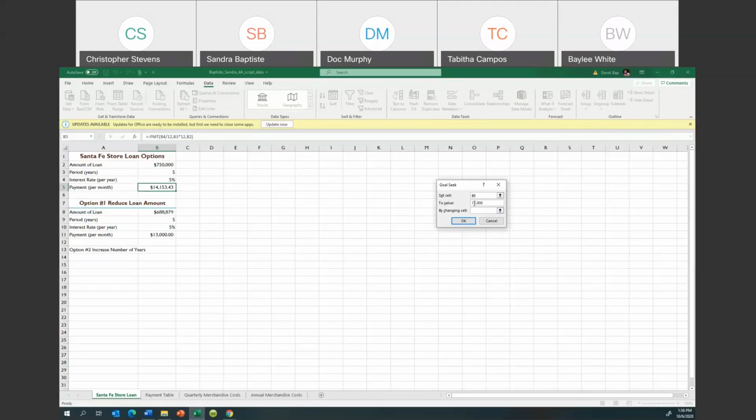And then by changing cell, we're going to click on B3, or you can type B3, however you want to do it, because we're going to be changing the number of years this time. So you can click OK. When we do so, we see that if we go a little beyond 5.5 years, if we have a pay period of a little more than 5.5 years, then we can do 13,000. Okay, so if you click OK there,